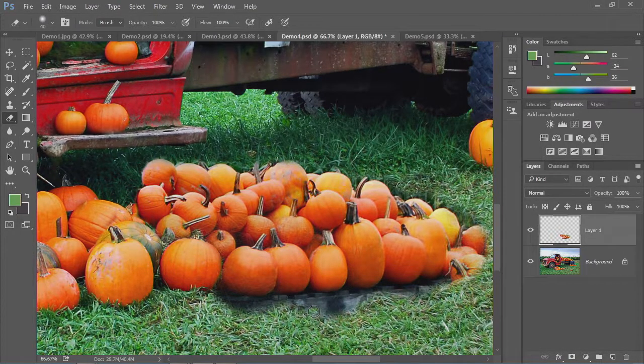Now here is where the pressure sensitivity comes in really handy. Now if you don't have pressure sensitivity, that's fine. You can just lower the opacity of your eraser. That way when it does erase, it's not completely erasing it. It's just partially erasing it. So I'm going to lower that. Because I do have a tablet here, I'm going to set it to my highest, like 75% is the maximum I want to go. I'm still going to use my tablet pressure to determine how much it erases. So very lightly brushing against it, it barely takes any of that away. But now what I can do is just hug it up really close,